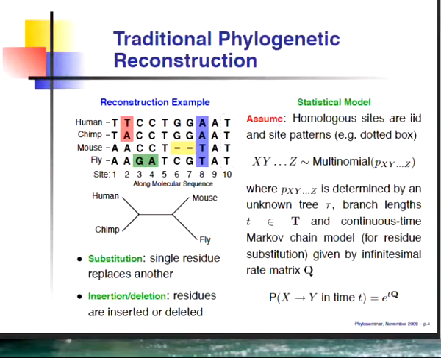So I'm going to start by talking about a statistical perspective to traditional phylogenetic reconstruction. And then I'm going to expand this view on phylogenetic reconstruction to include some models over these insertion-deletion events and see if we can actually start to build a model that derives from the observed data and not from some intermediate processes. So let's first begin with an intuitive example of how phylogenetic reconstruction works.